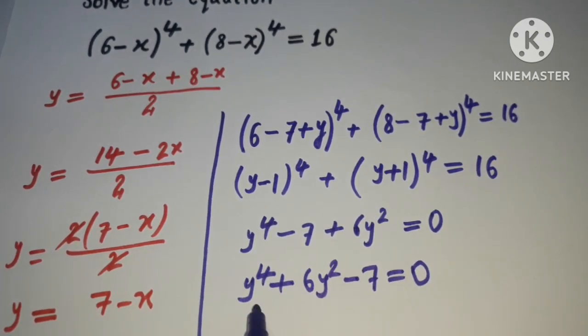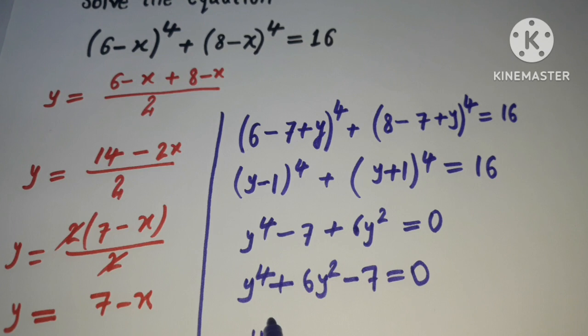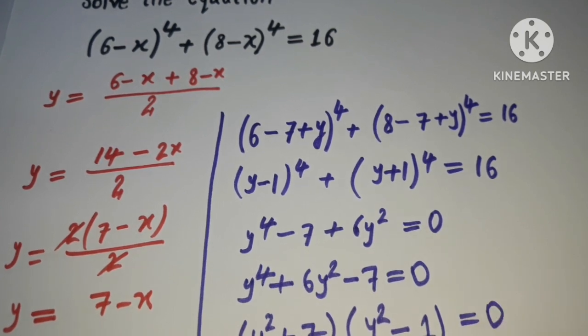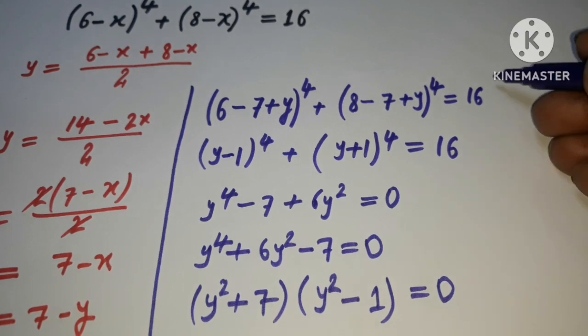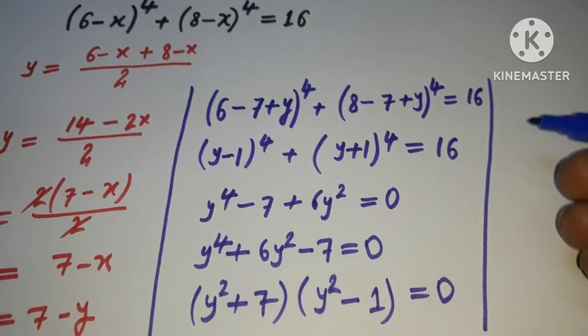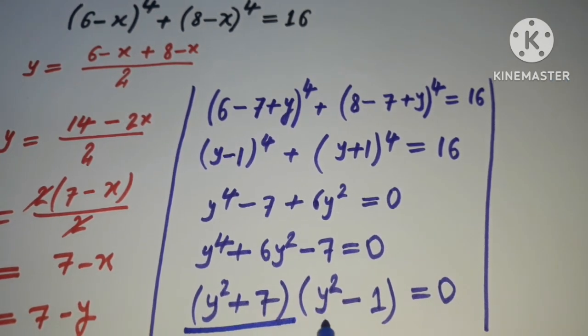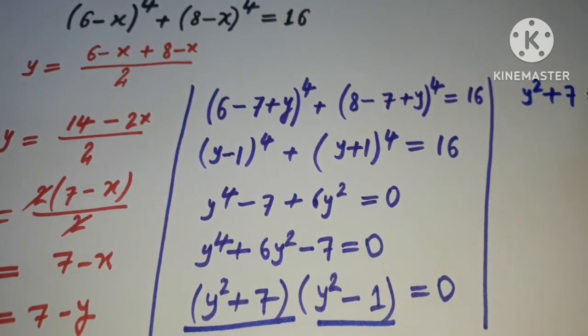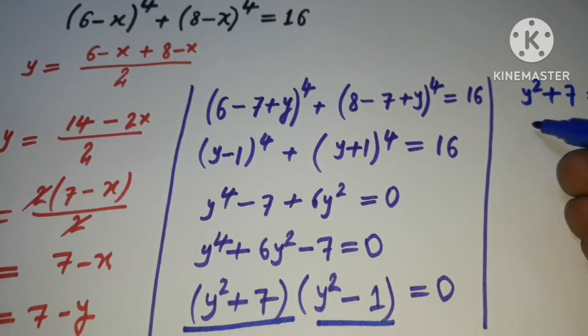and now I can factorize here. So after factorizing, I will have (y^2 + 7)(y^2 − 1) = 0. Now what I'm going to do here, you can see easily either this one will be equal to 0 or this one will be equal to 0. So y^2 + 7 could not be equal to 0